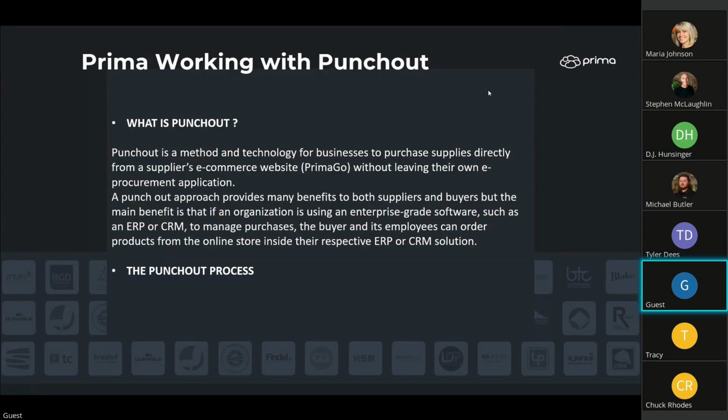So we always start a punch out process from we'll create credentials for the customer. They'll put it into their ERP. They can then connect to your web store, and they will be able to browse the products that you have let them do. Now that might be a whole portfolio of products, or it might be a contract or a favorites list of products for that user, and that can be set